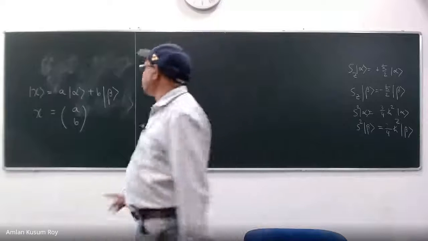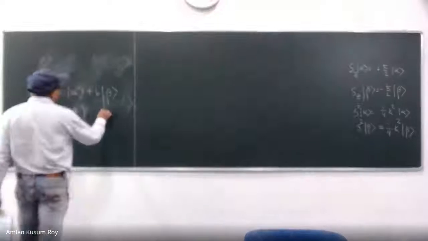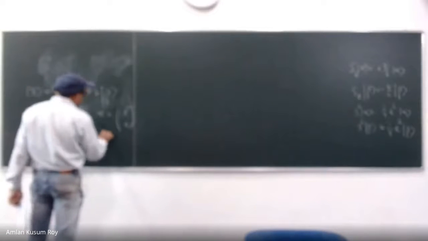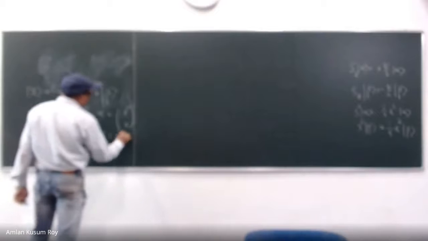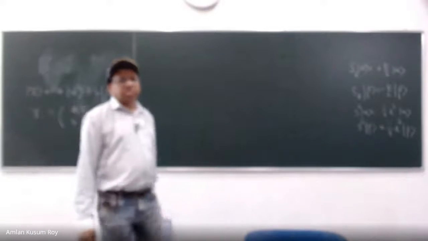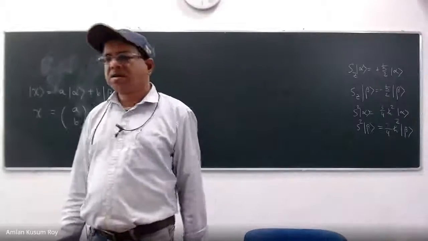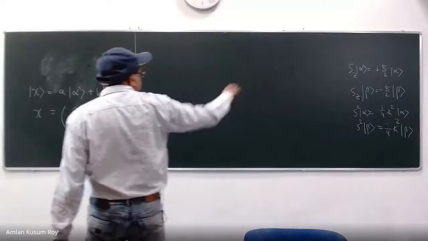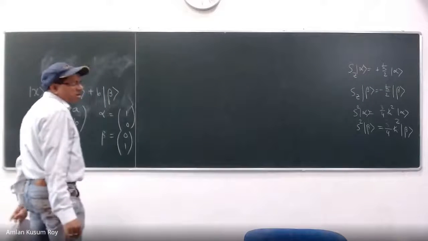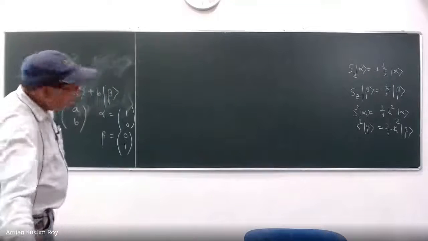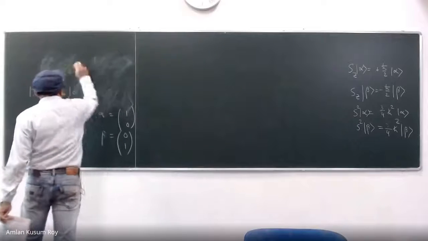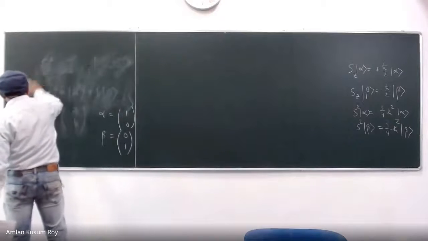That's right. So alpha is actually 1 0 and beta is 0 1. So I can now use these simple expressions to find out the matrices for all these operators, which are S square, Sx, Sz. Let us see if you can work it out. So please work it out.